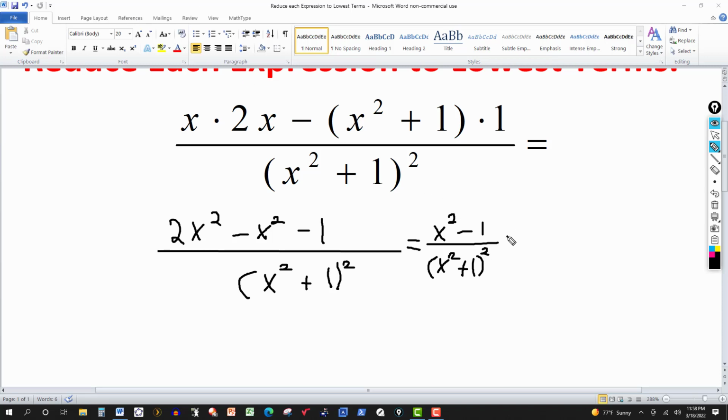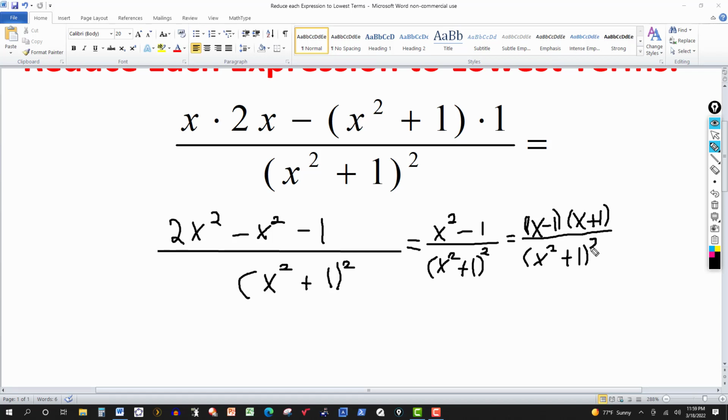And then in the numerator we have a difference of squares. x squared minus 1, so the factorization here would be the difference and the sum of the square roots. The square root of x squared is x, the square root of 1 is 1. So I can write this as x minus 1 times x plus 1. The denominator stays the same. I get x squared plus 1